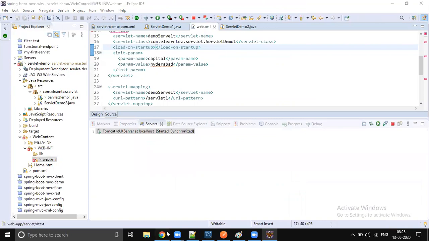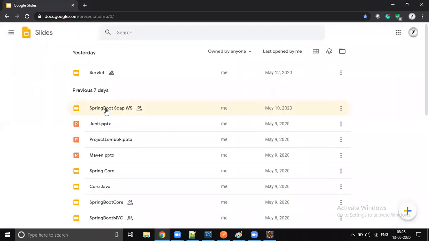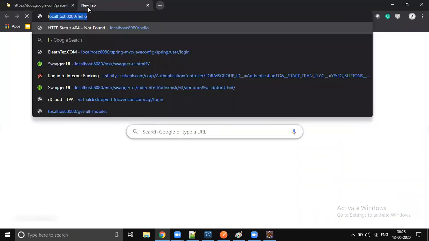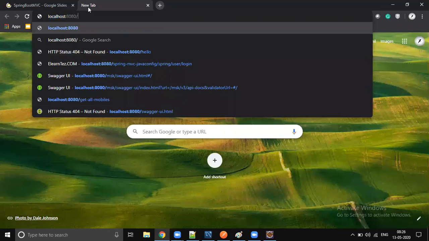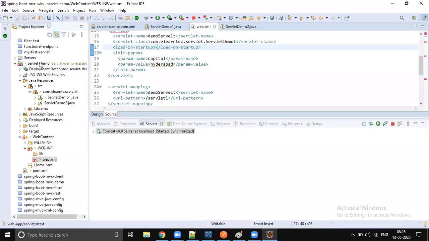Let's go to browser and try. So localhost 8080, the context path is servlet-demo, and the servlet path is servlet 1, right?